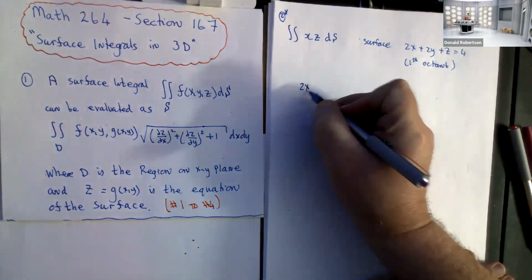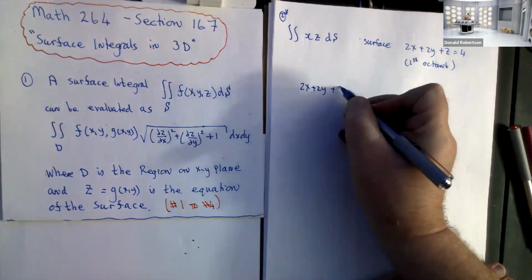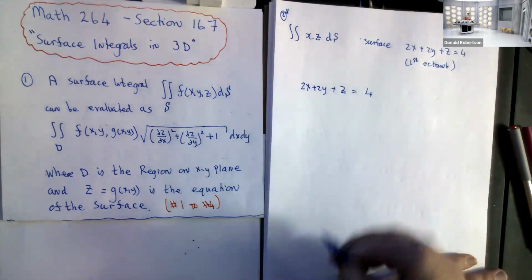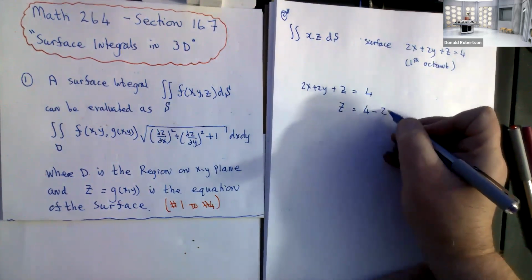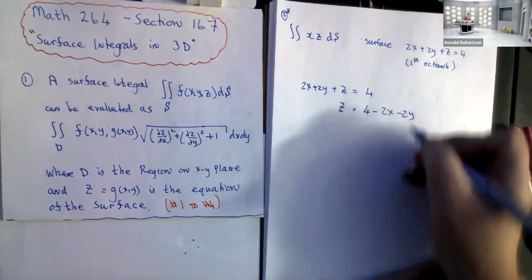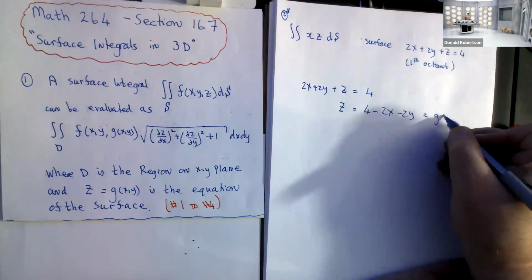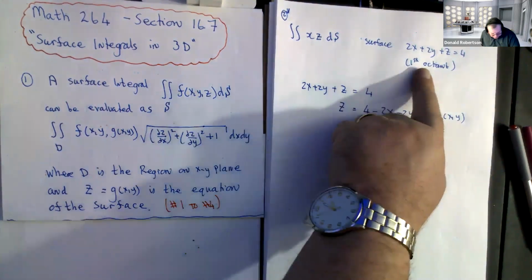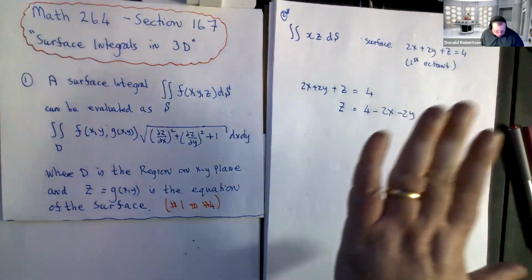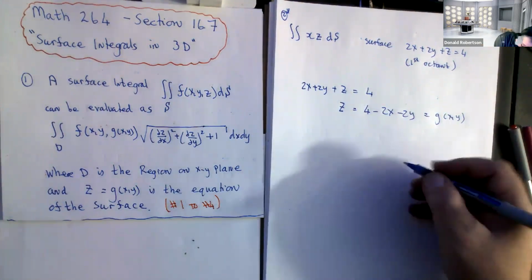So let's go looking for the equation of it. Well, that means z equals, in this case, 4 take away that guy, take away that guy. And we now have our g of xy. Check. Now to find what the region on the ground looks like, right, the D guy, it's a little bit